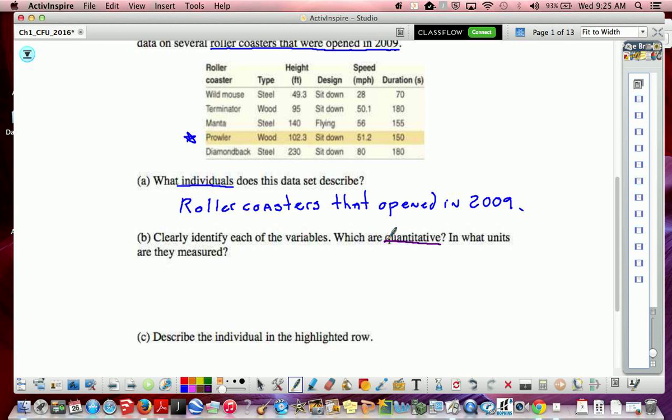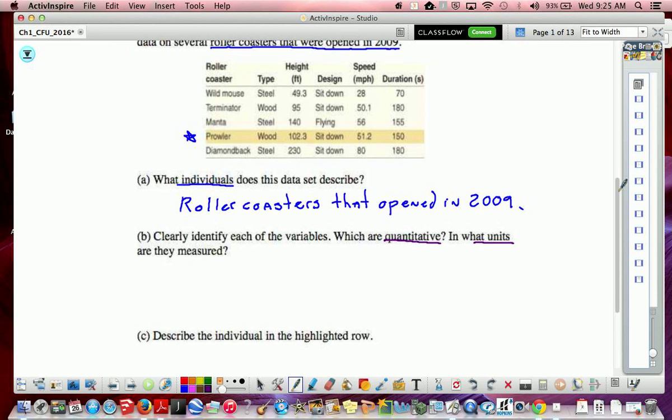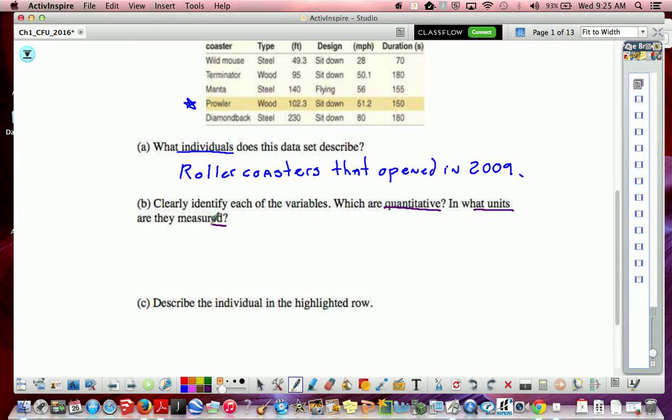You're asked which are quantitative, and then they're also asked to note what units they are measured in for the quantitative variables. So just to help you out here, I'm going to start by saying categorical, just because I want to name those values. So in here, we have the name of the coaster,